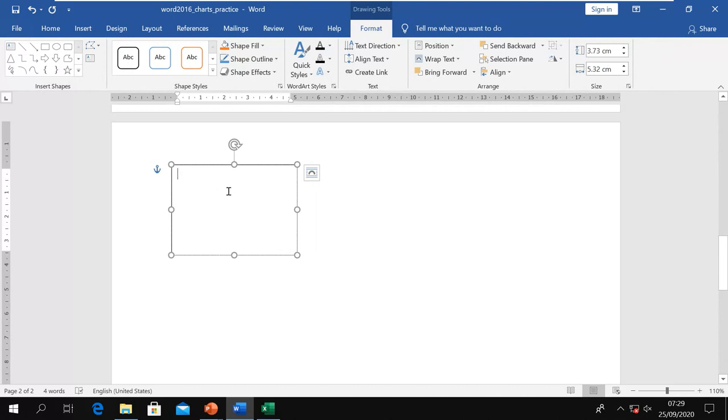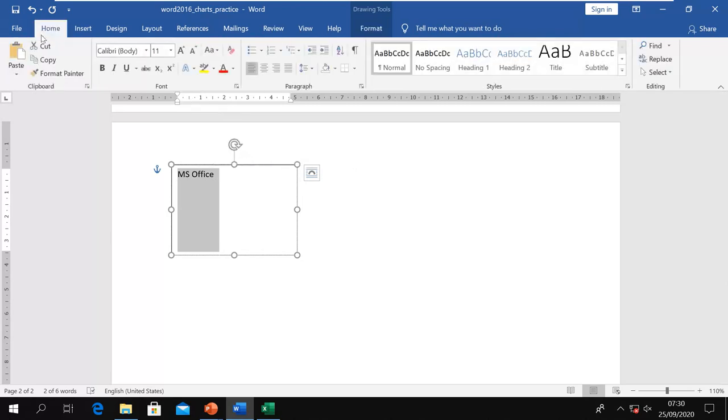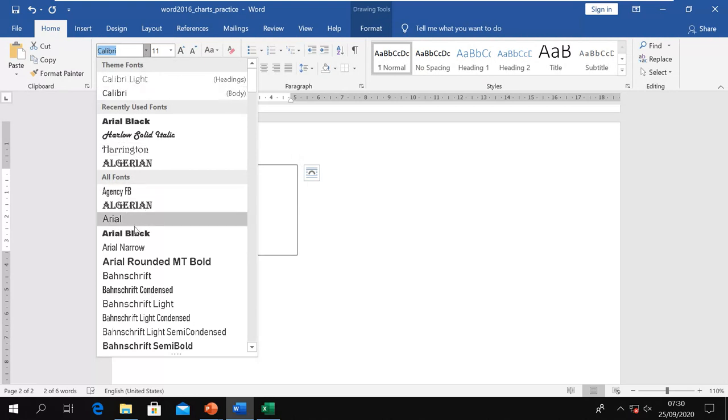And after you draw it, your insertion point is inside, and then you can type what you want to type. After you type it, you can select the text and then format it. When you select it, you see the small font window here, or otherwise you go to the home tab, and then you can choose to format with different styles, whatever style you want.